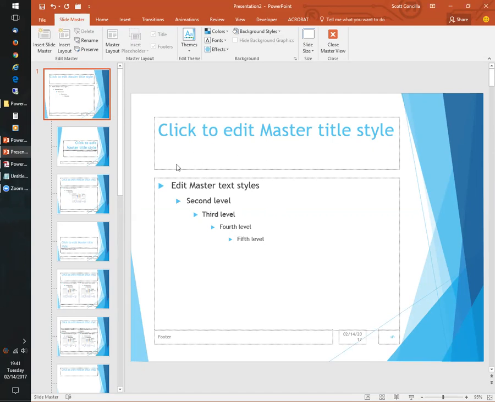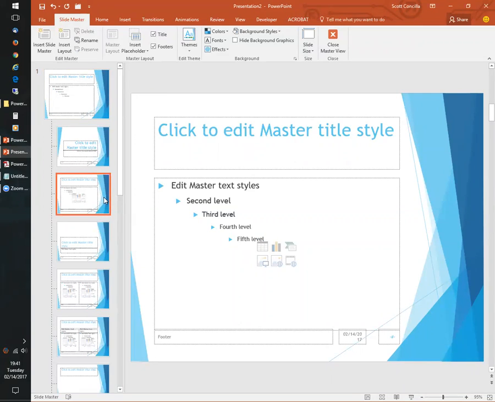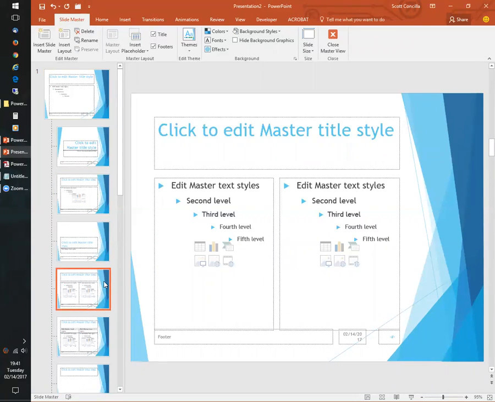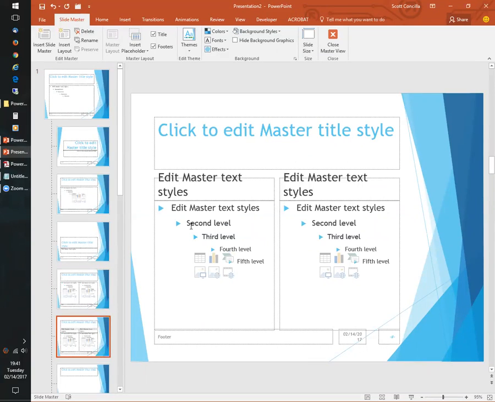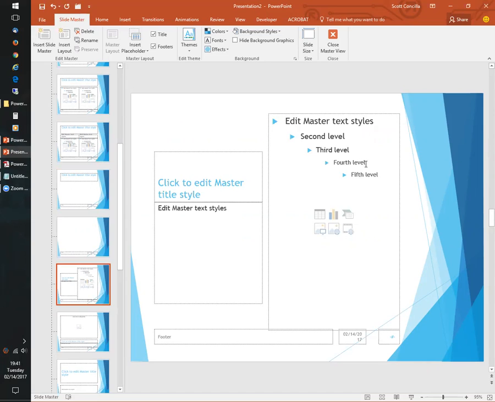However things look on here is going to determine the look on all of the sub slides. Remember, we said there's a bunch of different layouts here. Well, where are those coming from? Well, they're all here. Here's the title. Here's what a title slide looks like. Here is that content slide that we were just playing with earlier. Here's yet another slide. But if you notice on all of these layout slides, a lot of them do have bulleted lists. Now, it would be a lot of work to go from slide to slide and redefine these bulleted lists every time with the fonts, the colors, the bullets, the bullet colors, the shapes, and so on.